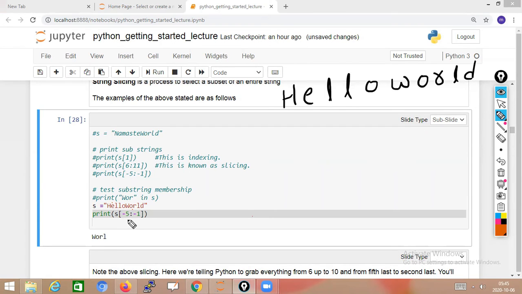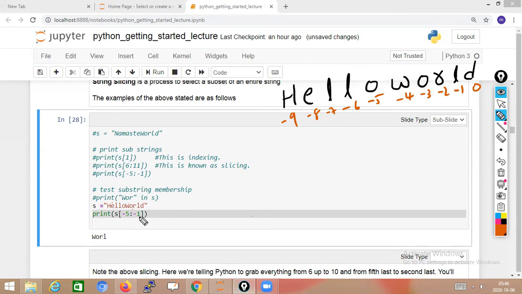When you take negative, it starts from the right side onwards. This is 0, minus 1, minus 2, minus 3, minus 4, minus 5, minus 6, minus 7, minus 8, minus 9.